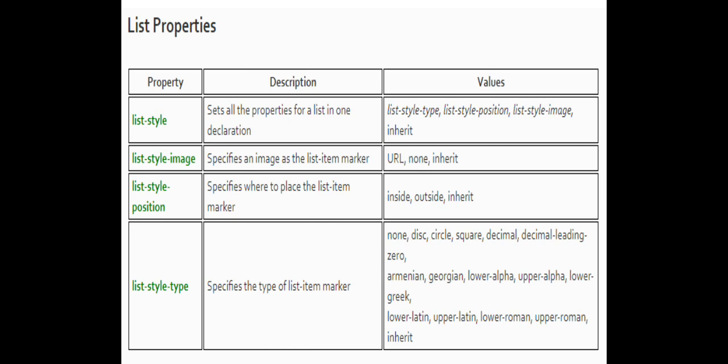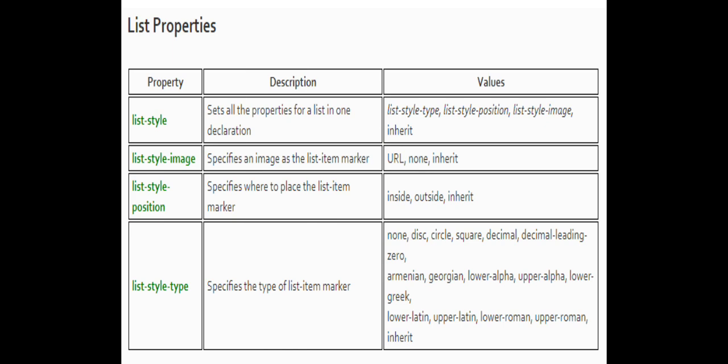Next, list style position specifies where to place the list item marker. Either it should be inside, outside or inherit. Next we have list style type, which specifies the type of a list item marker. It can be none, disk, circle, square, decimal, decimal leading zero, Armenian.